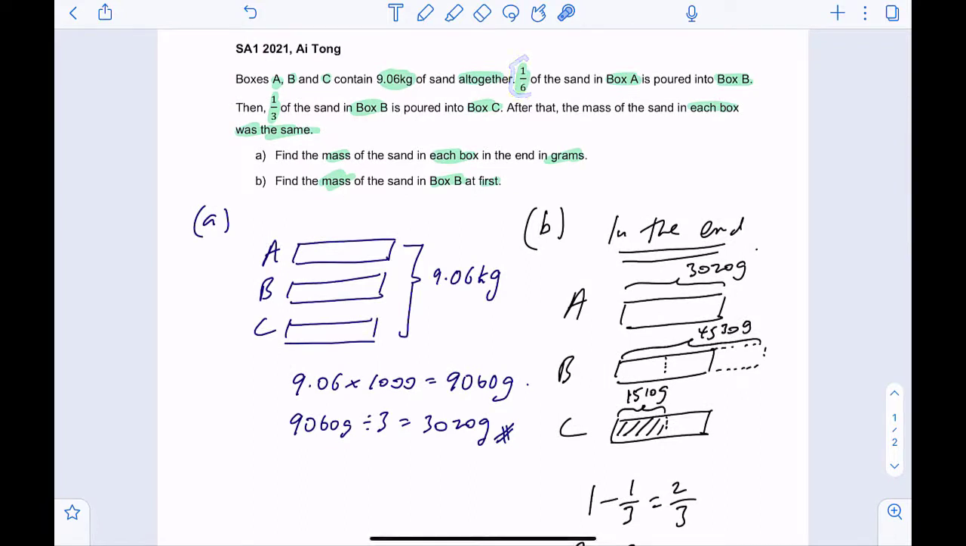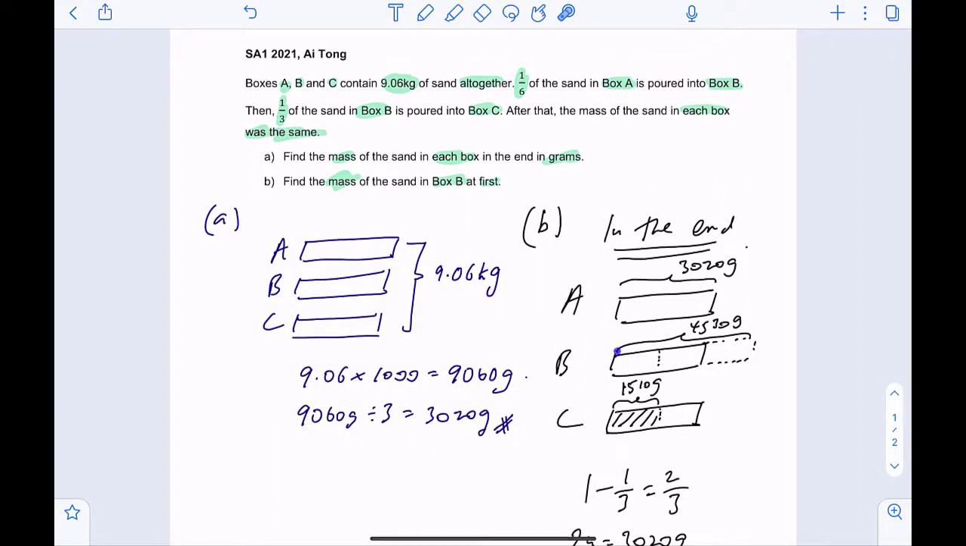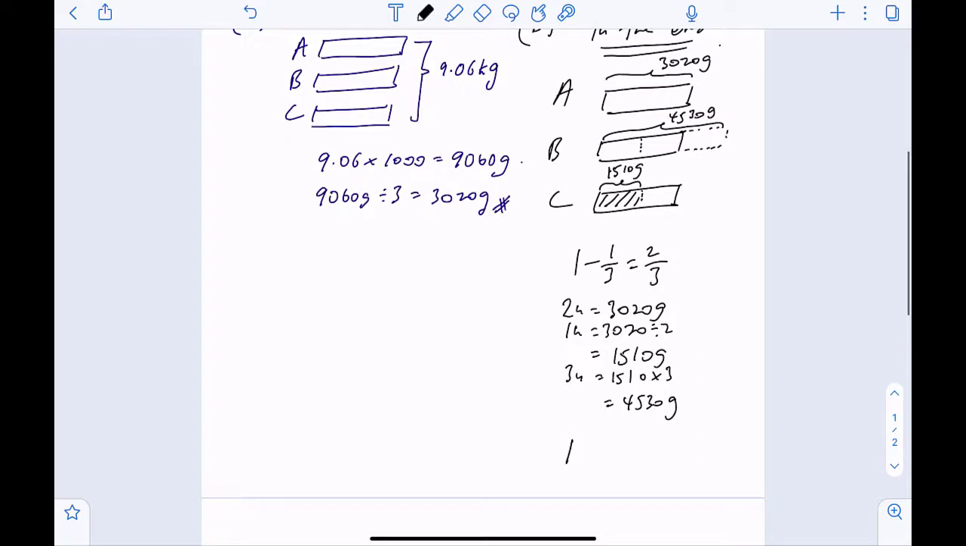1/6 of the sand in box A was poured into box B. So actually box B did not have this much because it received 1 out of 6 from box A, which means box A's amount here is 1 whole minus 1/6, 5 out of 6. So whatever box A is left with is actually 5 parts, because that 1 part you gave to box B. So 5 parts